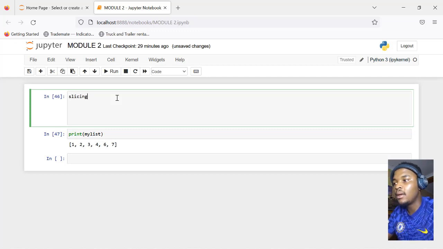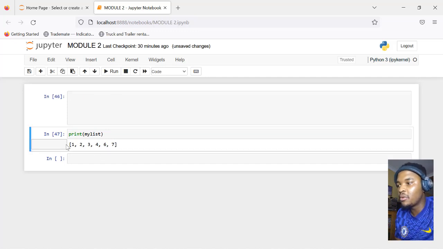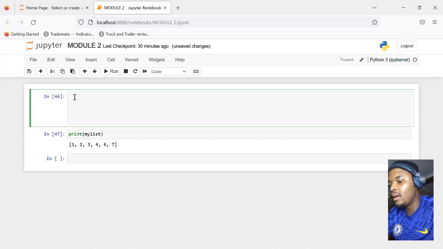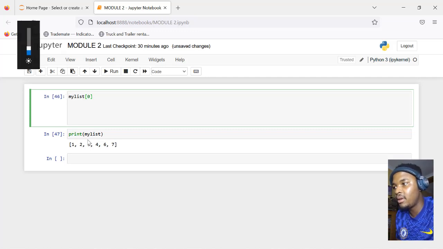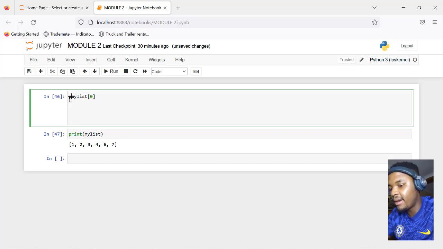Let's say I want to get just a portion of my list. I want to get, say, the first 3 elements of my list. It's similar to indexing. I would do something like this: my list, and then I'd open those square brackets, the ones that index. So remember, if I put index 0 and I print it,